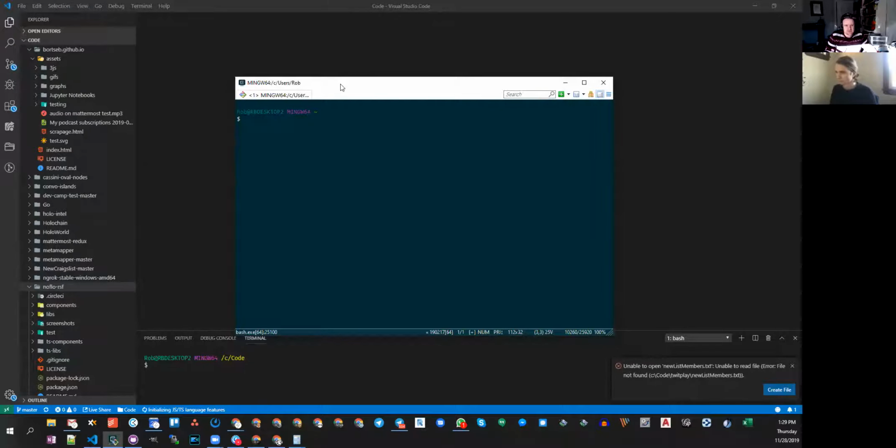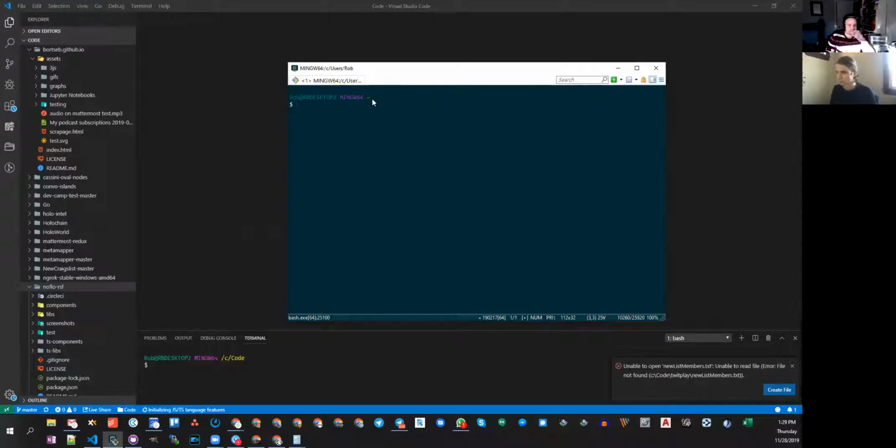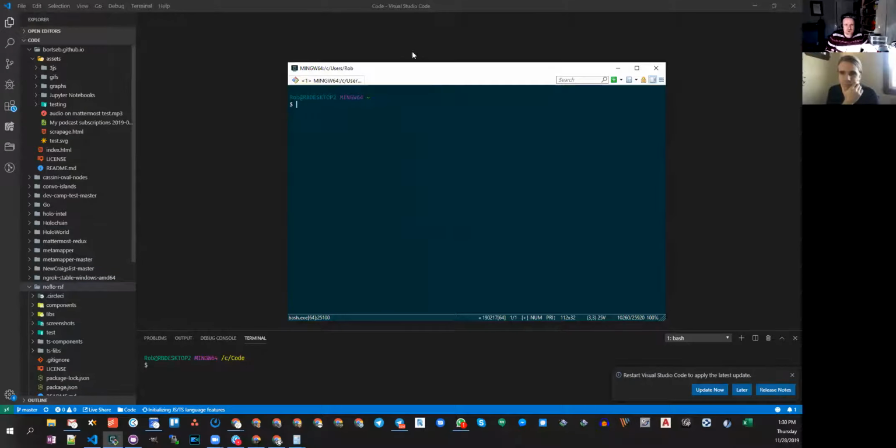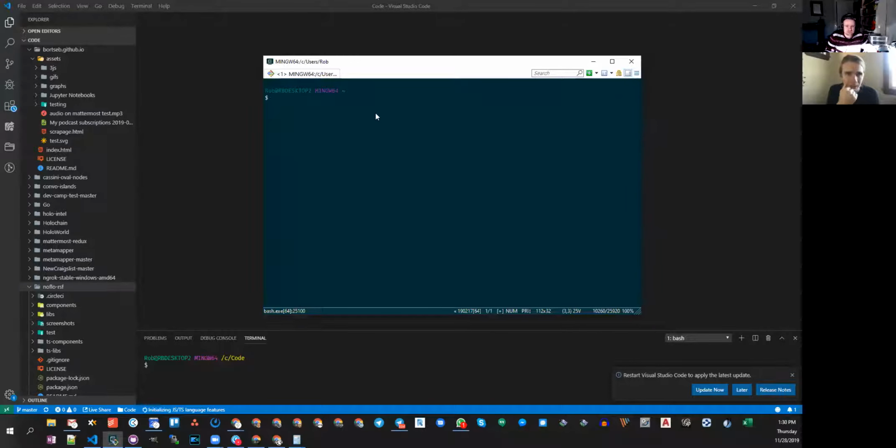Is this to test if I have certain things installed? I guess the node -v to double check what node you're running. That's fine. That's good.